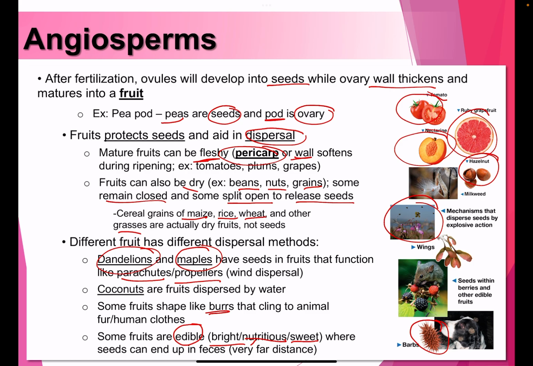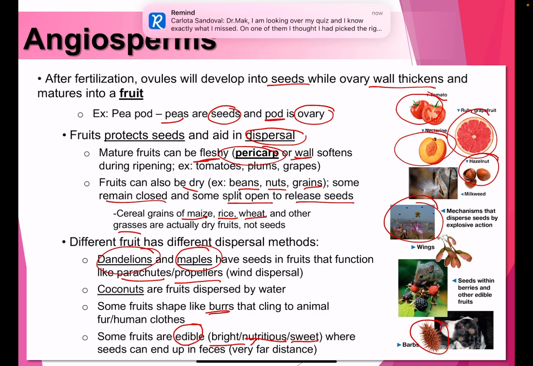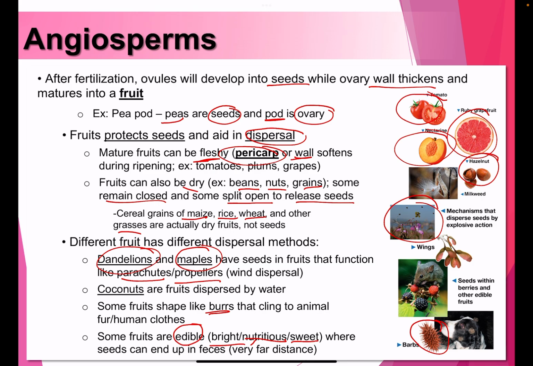Of course, if it's something you ingest, sometimes we spit it out. Like if you were to eat seeded watermelons, people don't like to swallow them. They might spit out the watermelon seeds or apple seeds, etc. Sometimes nowadays we cut them out. But then seeds can actually end up in feces if we ingest the whole fruit itself that has seeds, like